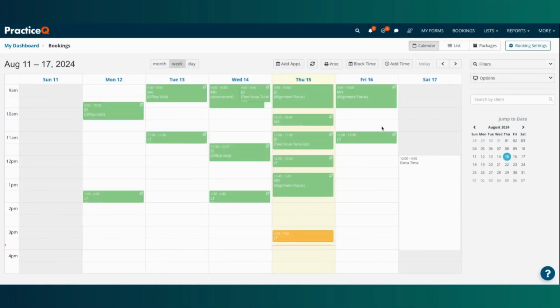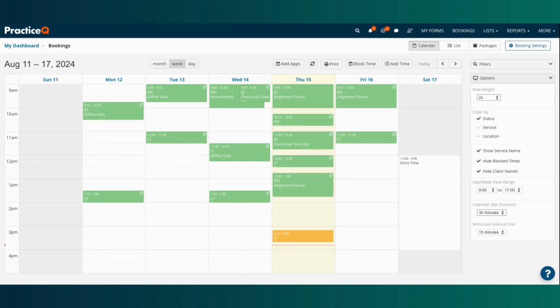By default, the booking calendar in PracticeQ is by the status of an appointment. So we can see most of these are green and confirmed. We do have one yellow one here that is yet to be confirmed, as well as our white extra time over here. However, if we click the options drop down on the right-hand side, we're greeted with a few different